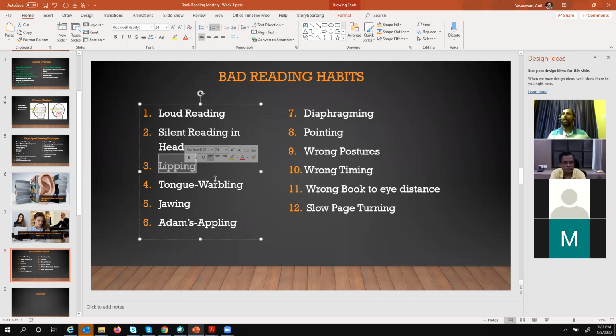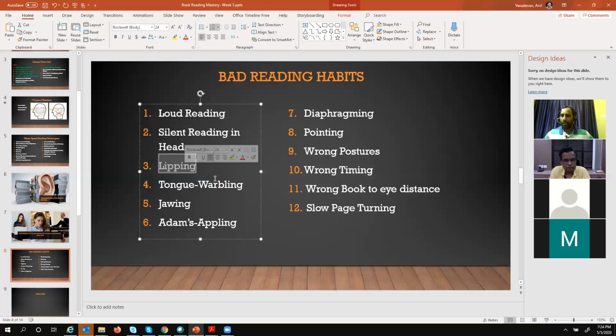Next is Adam's appling. We know that the Adam's apple is on the throat, right? If you put your hand there, especially two fingers left and right and the center, and then try to read silently, and you see any difference of vibration while reading, that shows that you are putting some pressure there. So that is an additional effort we are putting on the Adam's apple. That also can be eliminated once you are aware of it and try to focus just on reading, basically to understand the message, not on reading word by word. Then you will be able to eliminate that automatically.